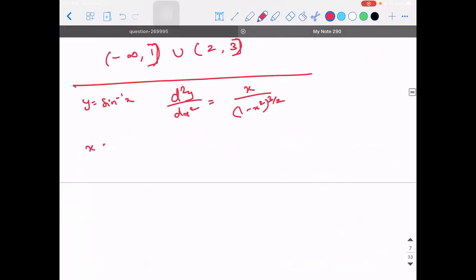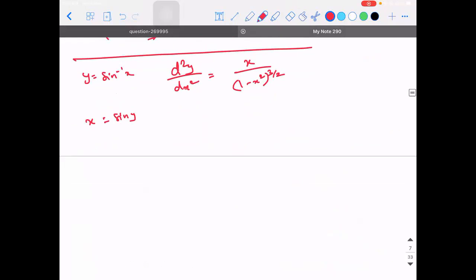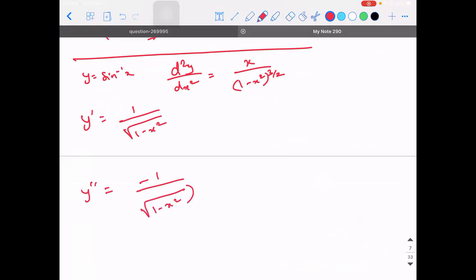So x is equal to sin y. 1 is equal to cos y into y dash. Or else we can actually directly differentiate it. y dash is 1 by root of 1 minus x square. y double dash is minus 1 by root of 1 minus x square the whole square